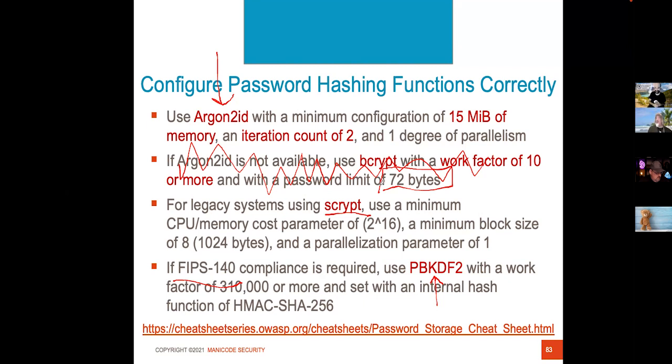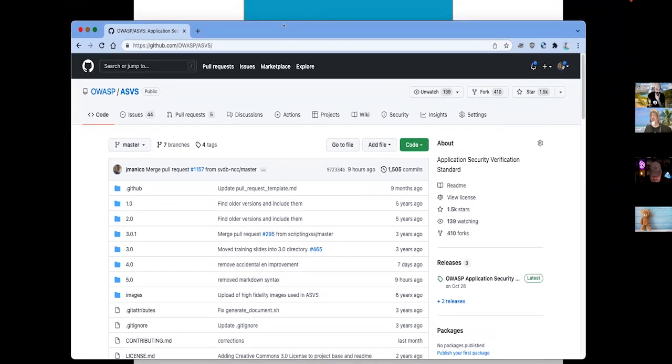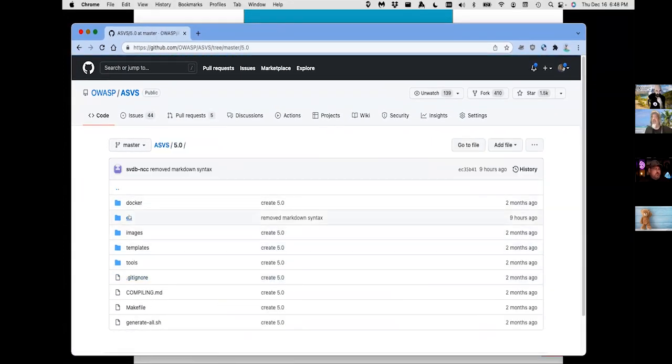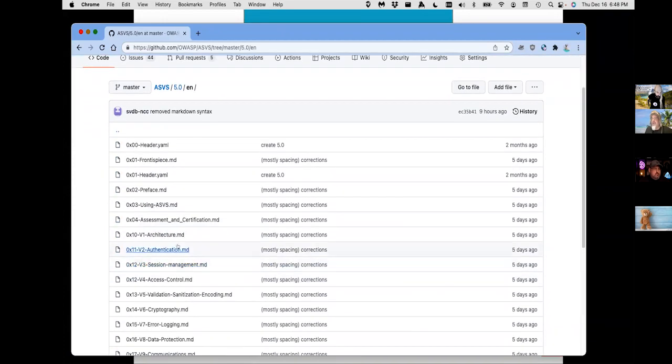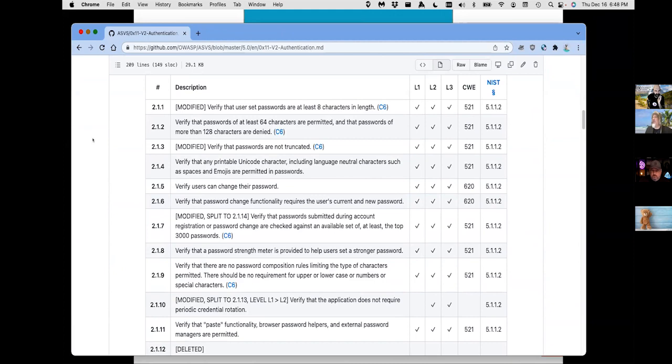Wait a second. It used to. Let's go look at that because I actually edited that section. I'm not trying to be arrogant. I'm one of the ASVS leads, and like Elar Lang and Josh Grossman do more work than me. They're amazing. So I'm one of a team of leads. Let's go look at this though. Let's go look at authentication. Let's go look at the password security section. What are we looking at here?